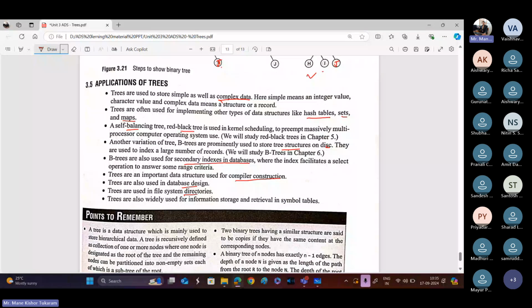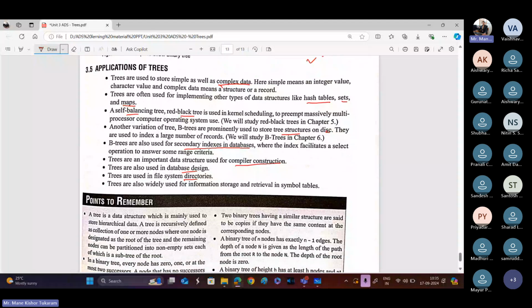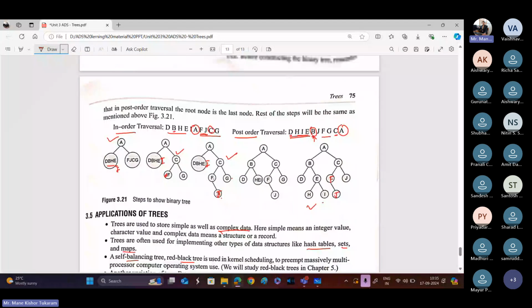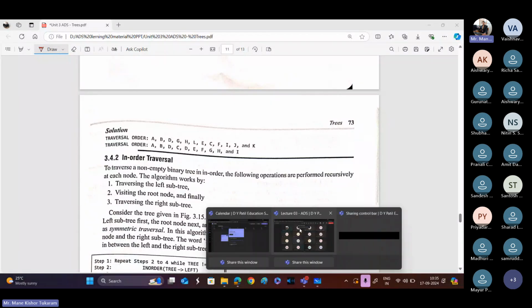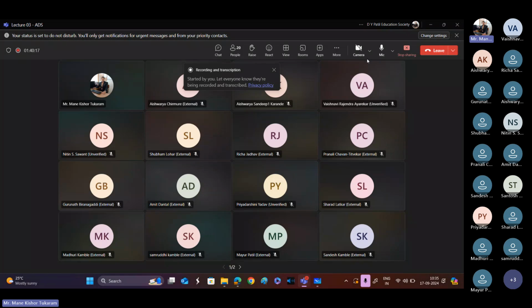Okay, so this is how we can deal with the different concepts related to the tree inside this chapter. So this whole chapter is a base related to the concepts which are used inside the